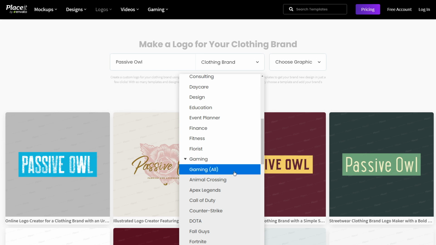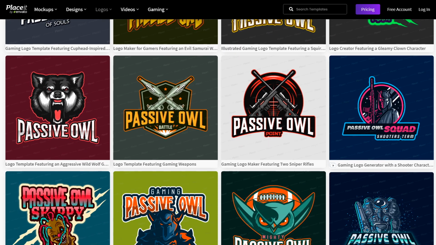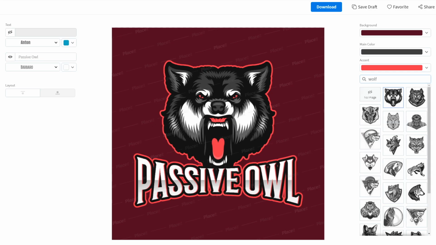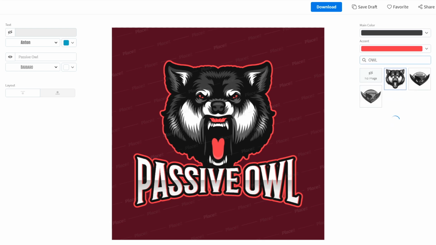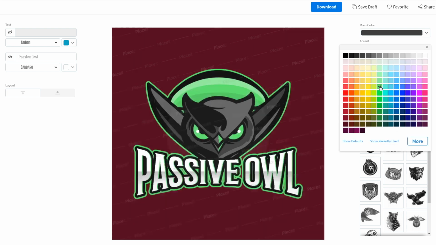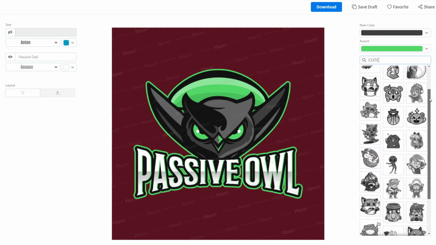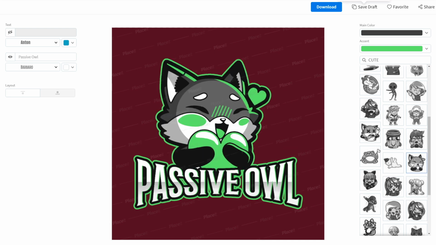Gaming logos are some of my favourite because the colour schemes result in a uniform and professional looking design. Don't worry about what the graphic is because it can be updated, and the colours will transfer over too. I can type owl and find a graphic that I like. The red colour scheme transfers across nicely and becomes part of the graphic with the owl's eyes. You can change the accent colour and that'll get updated too. You'll find that a lot of the gaming logos look a bit aggressive initially, but can be modified easily with relevant graphics. Not so intimidating now.